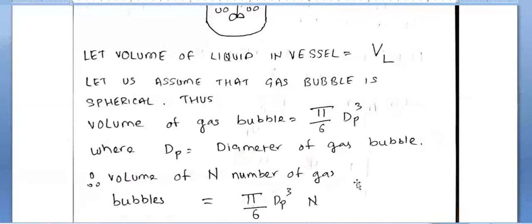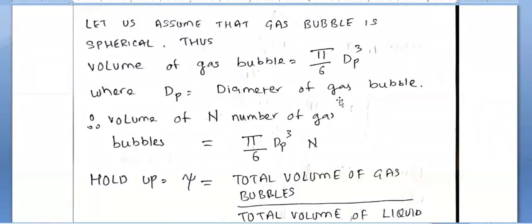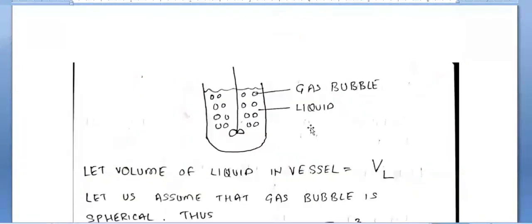Therefore, the volume of n number of gas bubbles. How many bubbles are there? Count 1, 2, 3, 4, 5, 6. Like that, there are n number of bubbles. And remember, they have come to steady state. The n number of bubbles is not changing; it is not becoming n minus 1 or n plus 1. They are n. Hence I said that once you close the bottom valve, charge the water, then pump the carbon dioxide gas, wait for some time for the system to come to steady state. Then we can apply these principles to note down the diameter of the bubbles, whatever it is, where dp is the diameter of the gas bubble.